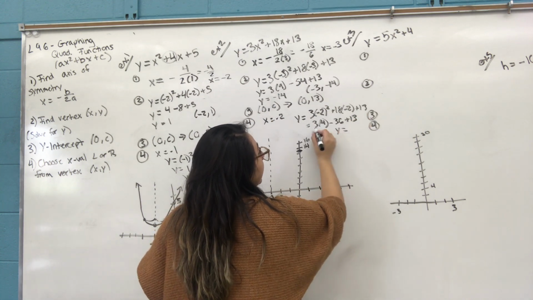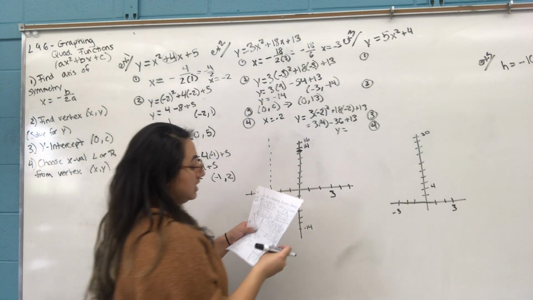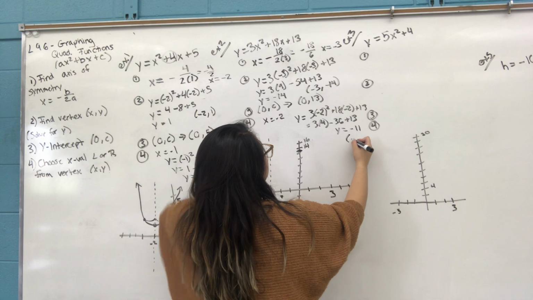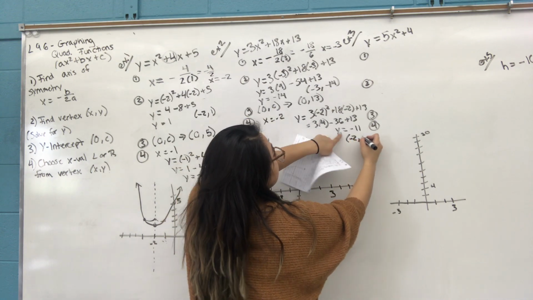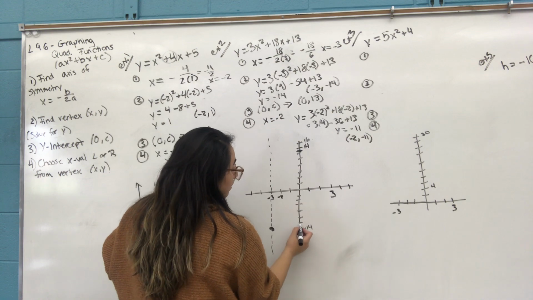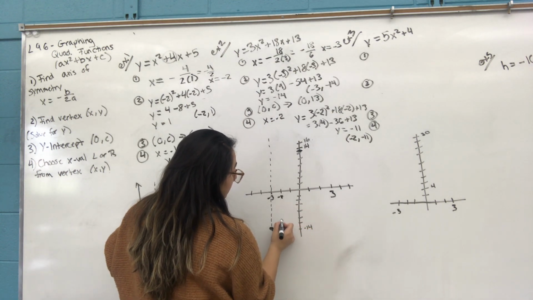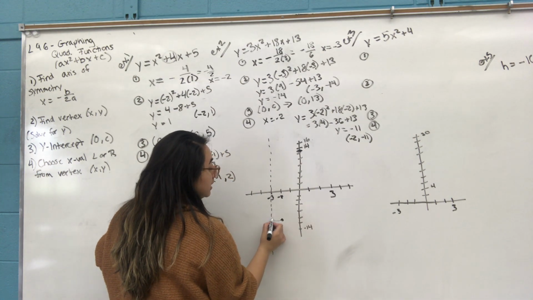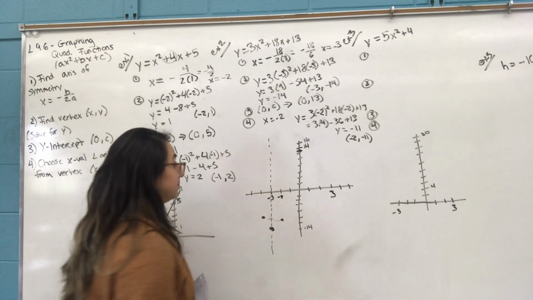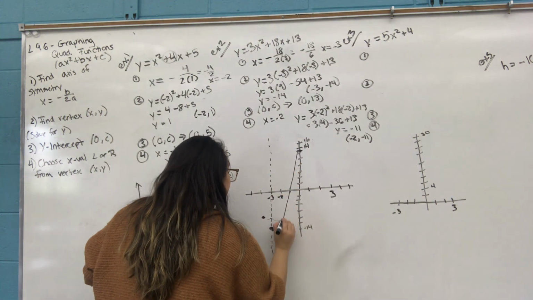And then now when I add all this, 3 times 4 is 12, minus 36 plus 13, I end up getting -11. So my coordinate will be -2, and then from what I just solved for, -11. So -2, 12, 10, so -11 will be just about over here. Remember, it's 1 unit to the right, it's also 1 unit to the left, so I'm going to put my dot there as well. So now when I create my line, and the book has it a lot better,